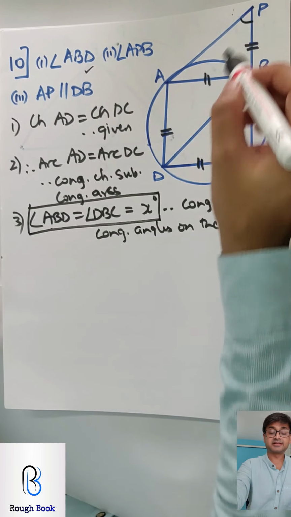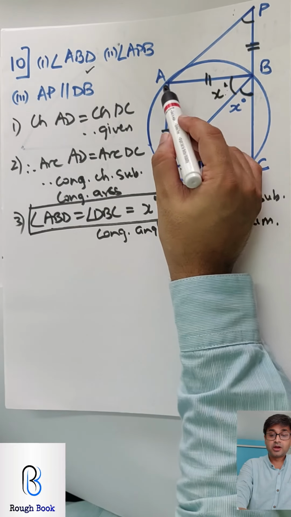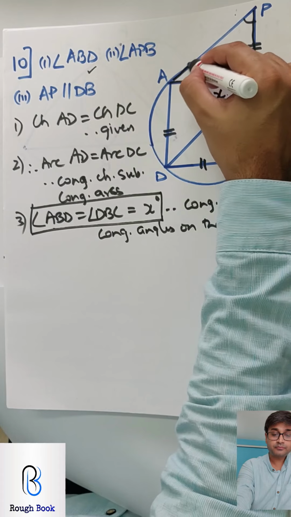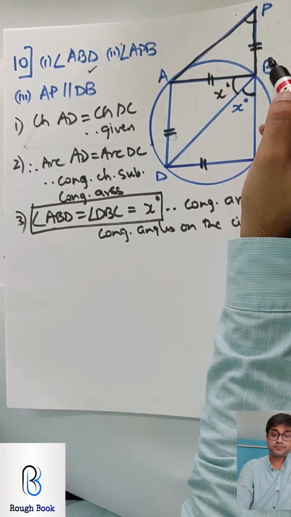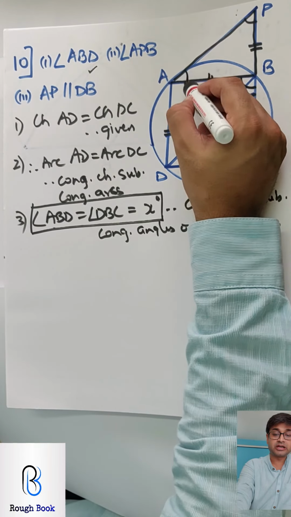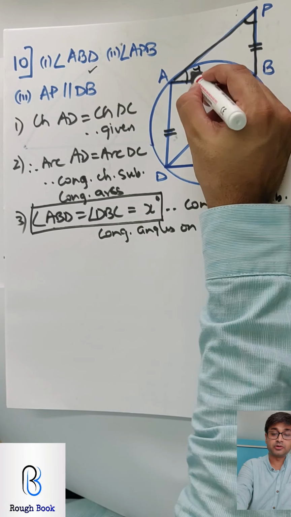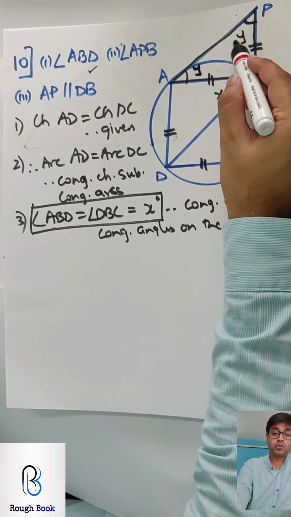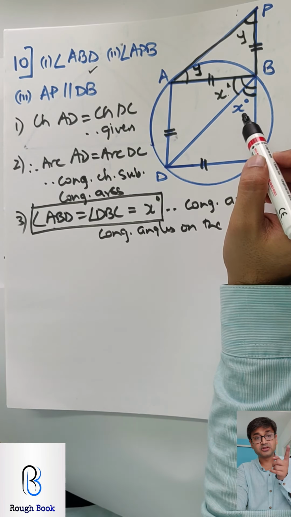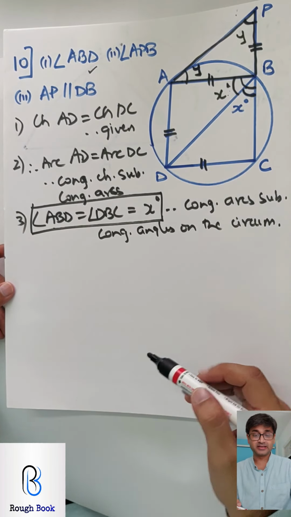Now APB, this is a task. APB, how are you going to get? So we managed to get this x. Alright. Now if you look at this triangle ABP carefully, this full triangle, this is the exterior angle. An exterior angle equals the sum of remote interior angles. Isosceles, so base angles are equal, so let me call them y. So y plus y will be x plus x. That means 2y equals 2x, so x is equal to y. So therefore this also will become x.